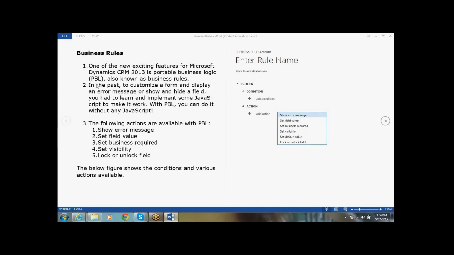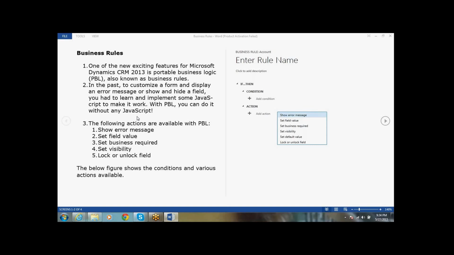In the past, to customize the form and display an error message or show and hide a field, you had to implement some JavaScript code to make it work. By using these business rules, you can achieve this kind of functionality without any JavaScript.